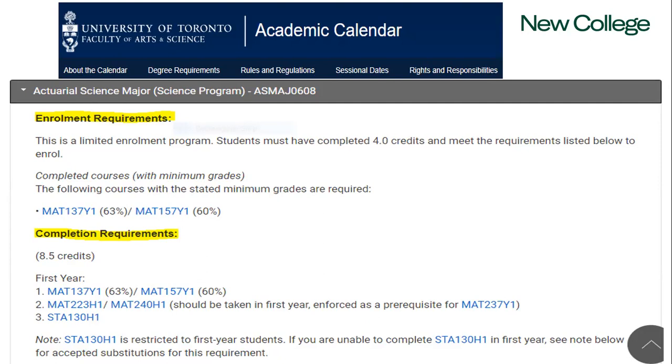Okay, so as I mentioned earlier, students are encouraged to have backup programs should they not get into the limited programs. What this will entail is finding an open program that you can enroll in, and as long as it fits the right program combination, that is one specialist, two majors, or one major with two minors.